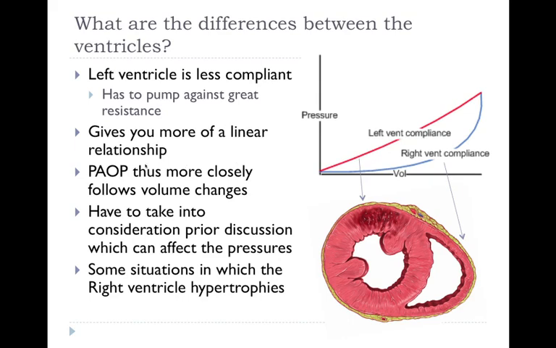Okay, so the reason that we use a PA catheter, in essence, is because we are hoping that having that linear correlation between changes in volume and changes in pressure will give us very reliable data. The problem with that is that the actual ventricular compliance changes in different situations. Even in the same left ventricle, if you put in any kind of ischemia, like in this picture, where you can see that the person has developed ischemia in this portion of the heart,